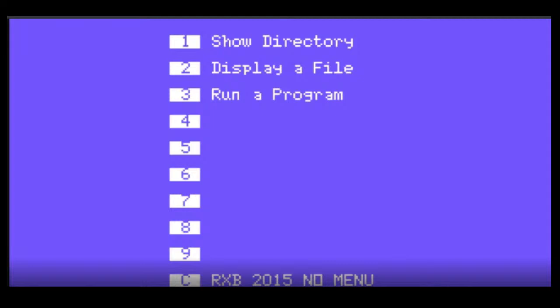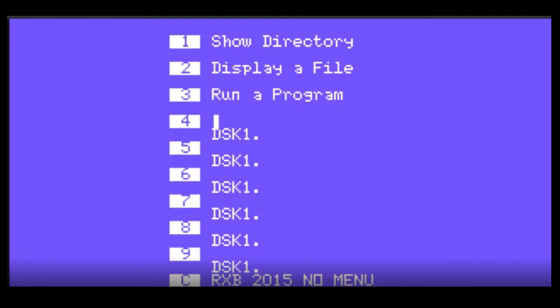These other blank spots, like 4 to 9, here I'll press function 5, I can type in a program name, and then on the next line down, I can put where it's at. So for you RAM disk fans, if you got disks A to Z or a huge RAM disk, yes, you can have multiple programs on different disks and have everything set up on this real nice menu.